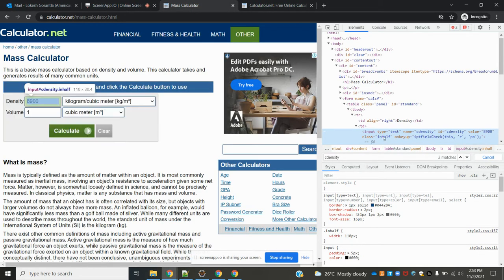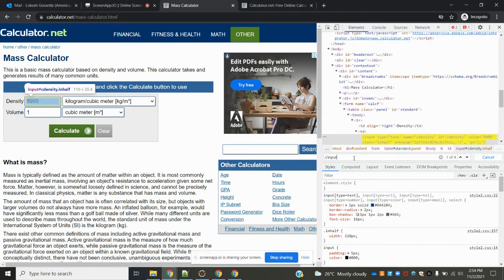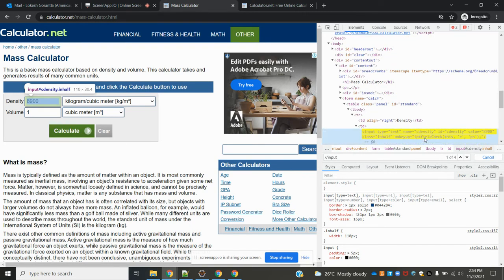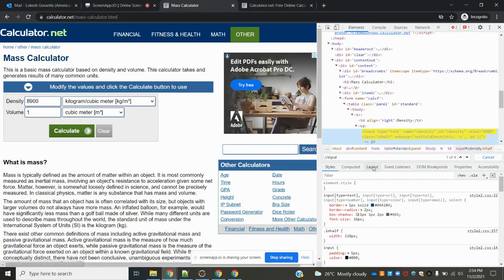Now see, this is the input, right? Now double slash input, and this is the name. This is the ID that is presented. We can use anything. In braces, at the rate ID equal to 1, and you can pass it. It will indicate this is the one highlighted, correct?